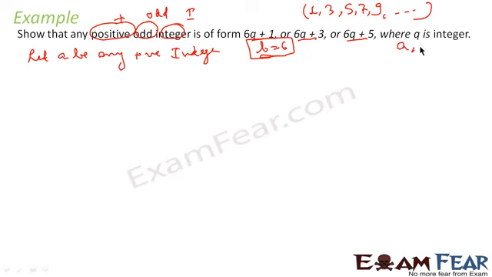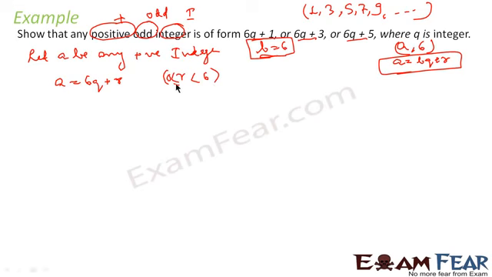Now for any numbers a and b, where b is equal to 6, I can write a is equal to bq plus r. This formula we know, it's in the algorithm. So I can write a is equal to 6q plus r, using the formula. Also I know that r is greater than or equal to 0 and less than 6. That is the formula: for any numbers a and b, I can write a is equal to bq plus r, where r is greater than or equal to 0 and less than b. Now the value of r can be 0, 1, 2, 3, 4, 5.